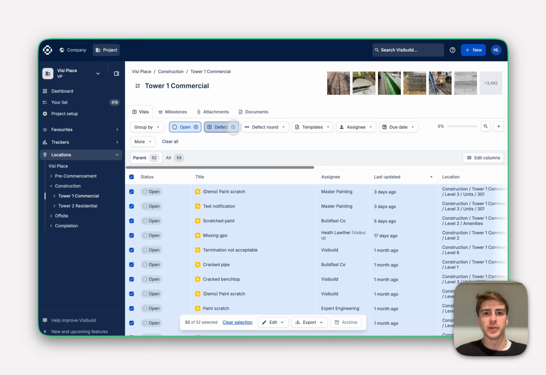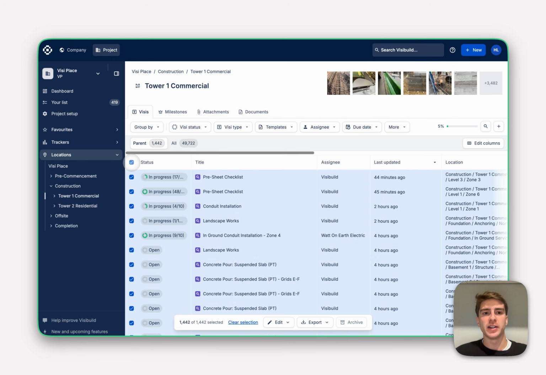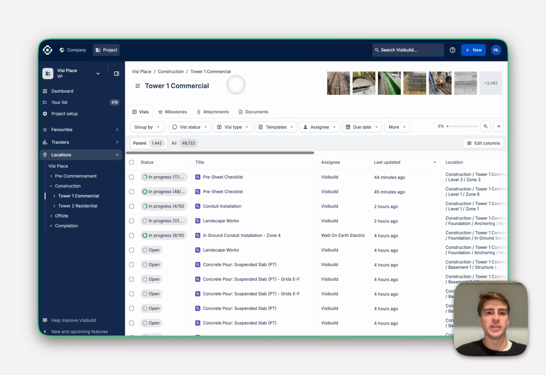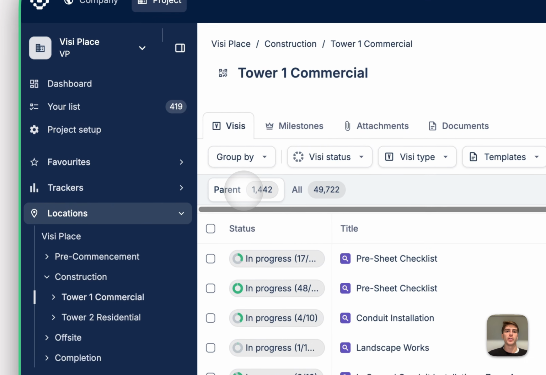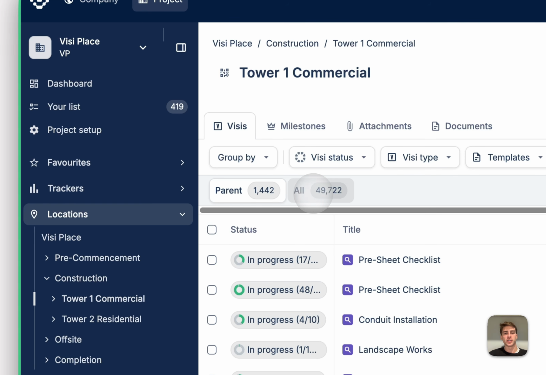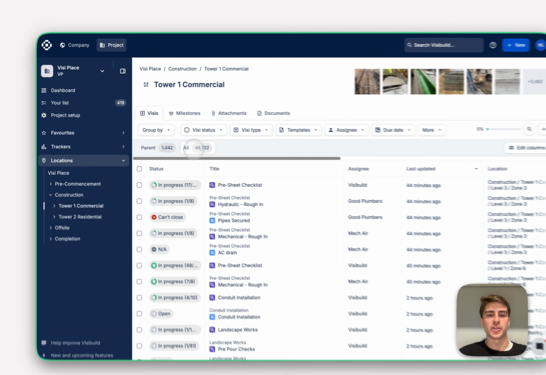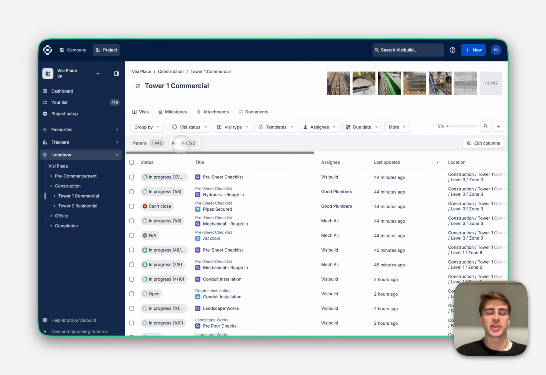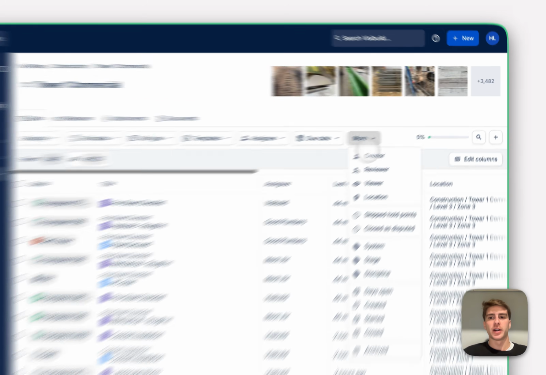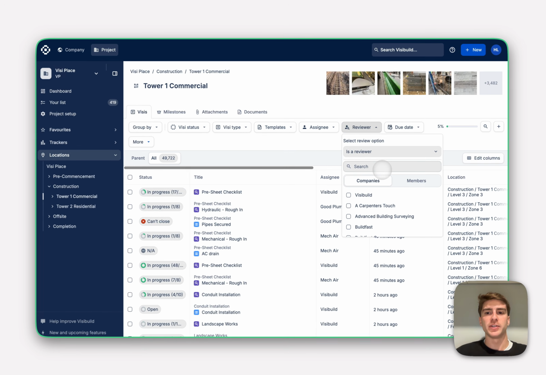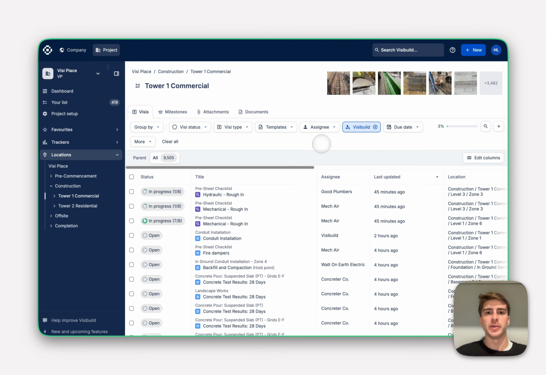So I'm going to remove these filters, and you'll see by default, the location page will be sorted into parents. So that's the overall inspection. But we've also got this all tab here. So this will show the overall inspection or visi, as well as any nested tasks, sub-inspections, or checks within those templates as well. So while I've clicked all, I might filter for every single task that Visibuild is a reviewer on,